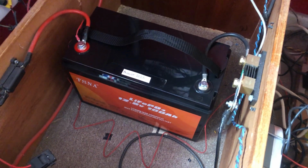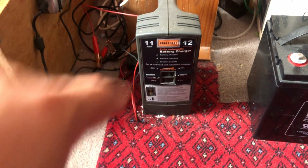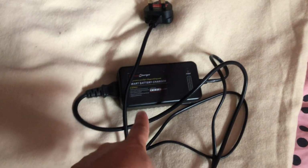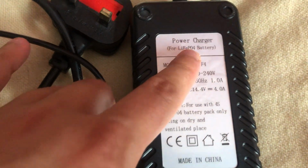So when it comes to charging LiFePO4 batteries, you can use a mains charger. Now, I was using this battery charger for my lead acid batteries. You cannot use these to charge LiFePO4 batteries because they don't offer the right charging cycle and they can damage your batteries. So to charge LiFePO4 batteries, you will need a LiFePO4 charger. This one is actually for a different LiFePO4 battery, but the key thing on your charger, it must say for LiFePO4 battery,